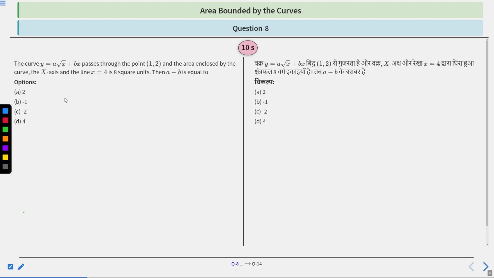See, first, the hint of this question is, since point (1, 2) is passing through this curve, you can get the equation by putting the values of 1 and 2 in place of x and y. So that will be equation 1 in terms of a and b. And after that, the area enclosed by the curve and the x-axis and the line x equal to 4 is basically 8, right? So you can